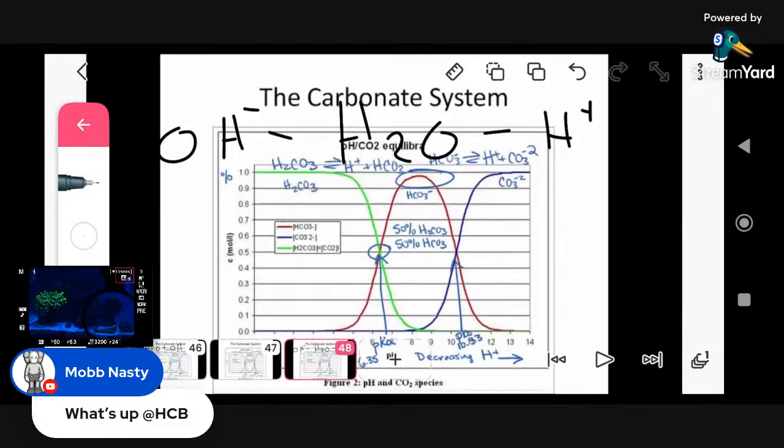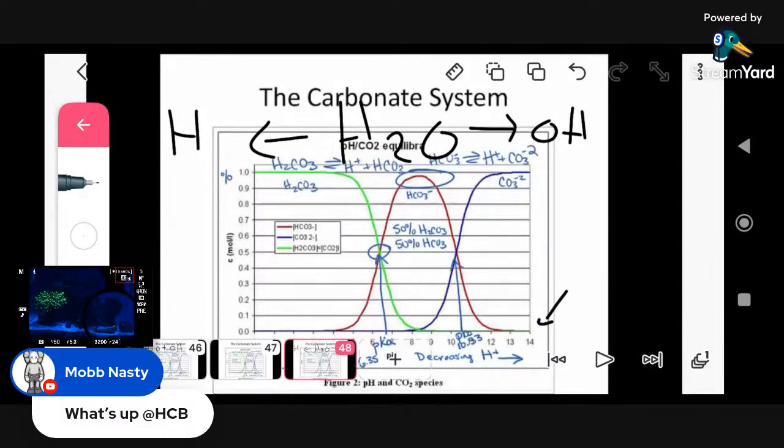Let's say you have water, right? Another form of water, when you break it down, let's say this is an acidic form and this is a basic form. Actually, let me reverse that, because according to this graph, it's the opposite. So you guys don't get confused on the graph. You see this graph right here? The more it goes this way, it's more acidic, and the more it goes this way, it's basic.